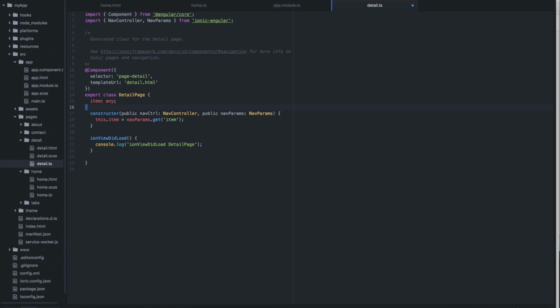So item is any, and we call this.item equals navParams.get. If this page is navigated to with a parameter of item, we'll be able to access it from the navParams. Now, to make the user know that we got this item, we need to render it back to them